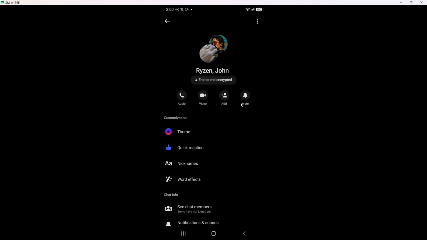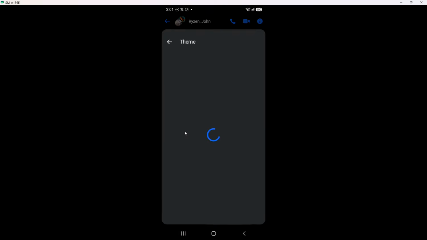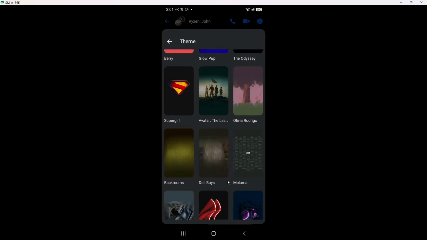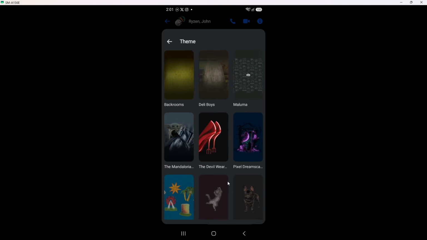From there, tap the option labeled Theme. It is usually near the top of the list, sometimes right under the group photo or the custom emoji option. When you tap Theme, a new panel or full screen opens, showing a grid of different looks. You might see featured themes with artwork, then simple color choices and gradients lower on the screen. If you do not see theme at all, double-check that you tapped the name at the top of the chat, not somewhere inside the messages.